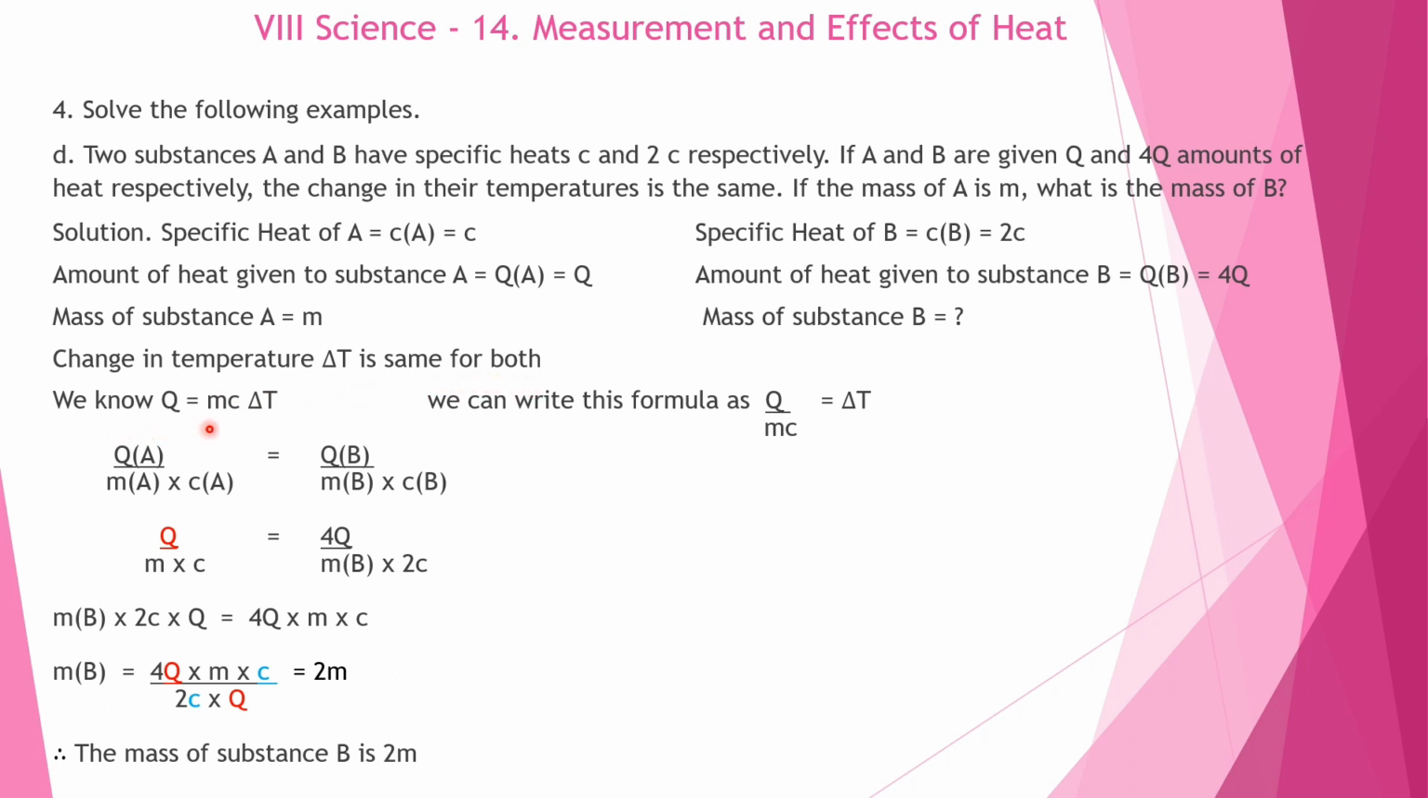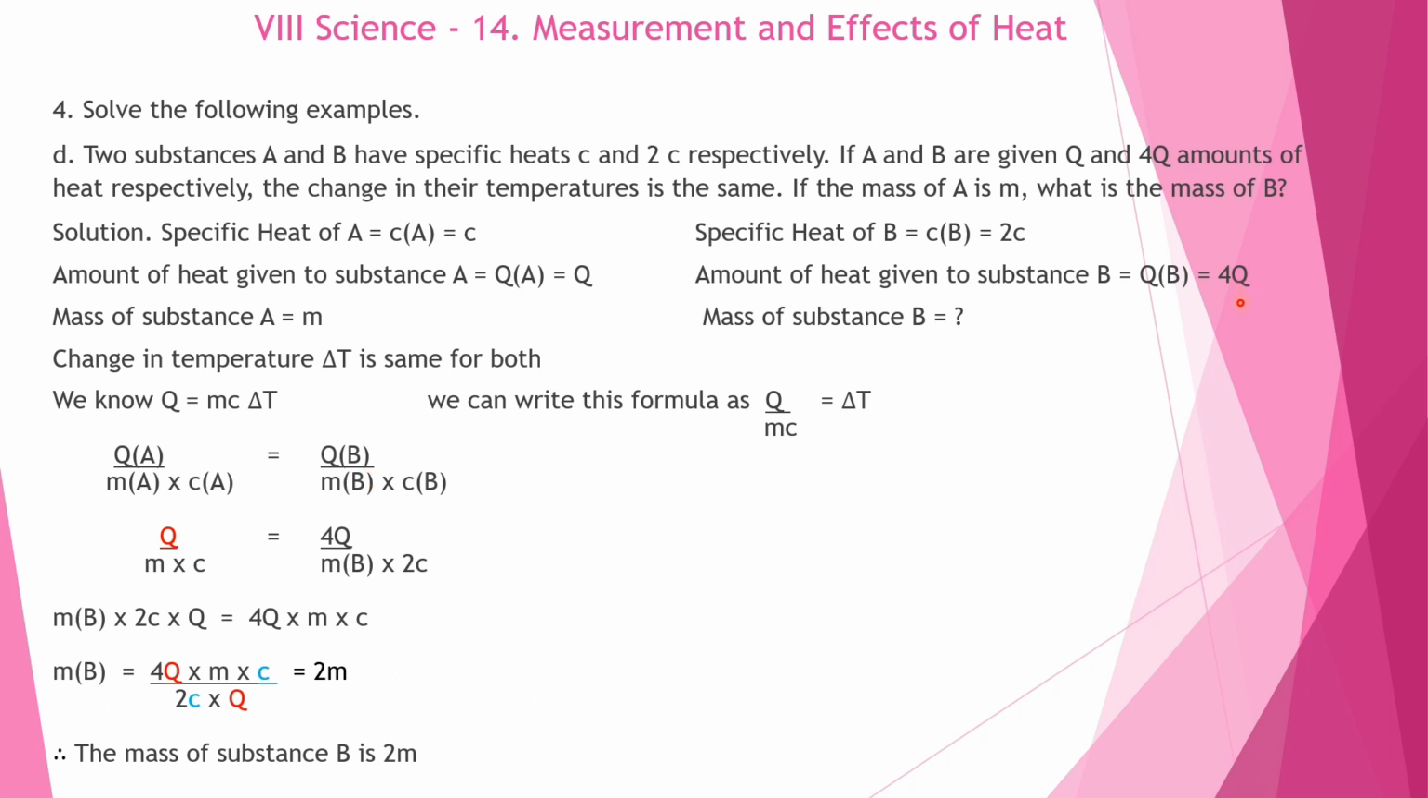So now we know the formula Q is equal to MC delta T. So what we will do? We will write the formula as Q upon MC is equal to delta T. Because delta T is the same for both A and B, we can compare delta T of A and delta T of B. So Q upon MC for A and Q upon MC for B. QA, MA, CA, QB, MB, CB. So Q for A, this is Q upon M into C, which is the specific heat of A, is equal to